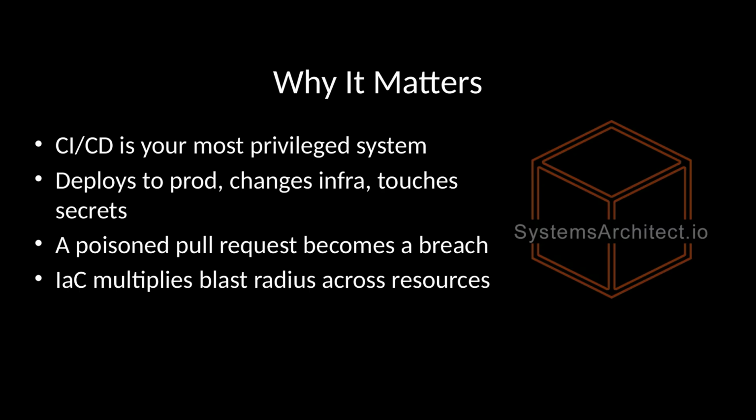Your CI/CD pipeline is often the most privileged system you run. It can deploy to production, change infrastructure, and touch secrets, so a poisoned pull request can become a production breach in one path. Infrastructure as code multiplies blast radius because one Terraform or CloudFormation change can touch hundreds of resources at once. Securing build and deploy is how you keep trust in the software supply chain across AWS, Azure, and